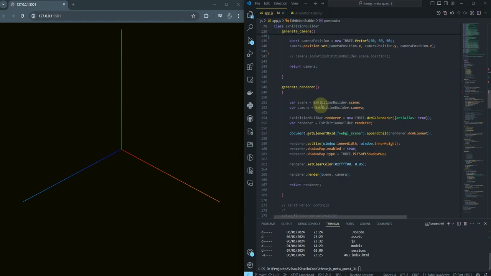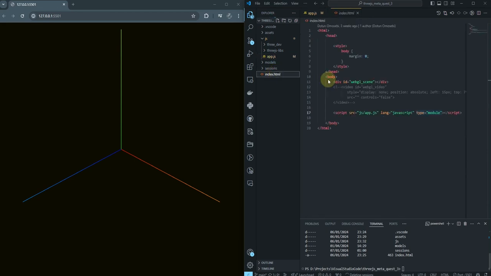So generate renderer simply creates the renderer. For this renderer, you need the scene and the camera, and then you set the renderer equal to a variable with antialias true, so you don't have jagged edges. The renderer is a static variable, and then you get the WebGL scene from the index.html. That's a WebGL scene variable, or we could name it WebGL canvas,